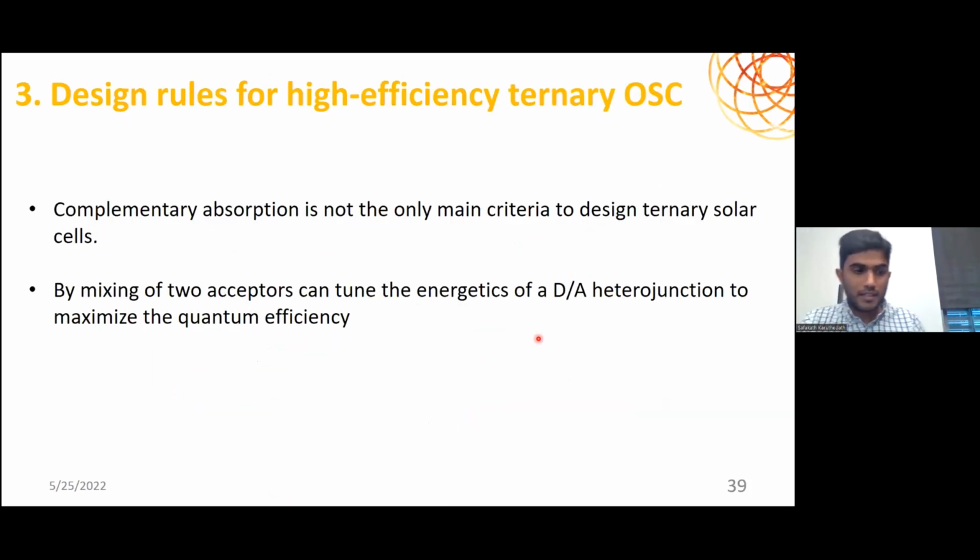So summarizing this, complementary absorption is normally considered one of the big things in the ternary solar cell, but that's not the only main criterion to design the ternary organic solar cell. We also need to consider the energetics. Plus, if you have a bad solar cell, we don't have to invent a new acceptor. We can basically tune the bad acceptor with the nice acceptor having a deeper HOMO value so that we can improve